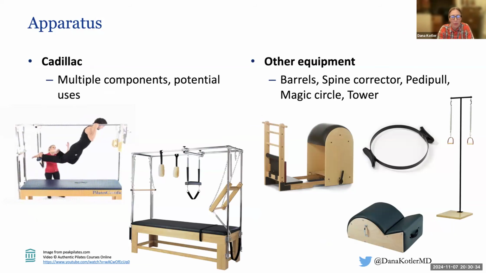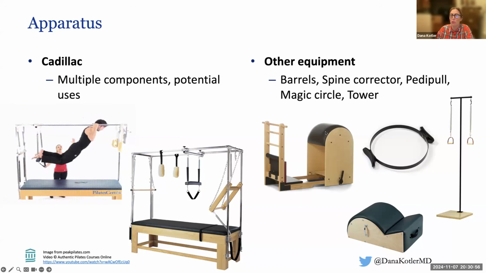There's a few other pieces of equipment. This is called the Cadillac, and this is sort of derived from that original hospital bed with the springs and all this stuff hanging from it. And you can do a million different exercises. They called it the Cadillac because it was sort of the Cadillac of exercise equipment. I think it was named by a client, was the story. So you can do different exercises, some involving hanging, some standing, sitting, kneeling, pushing, pulling, all different kinds of stuff